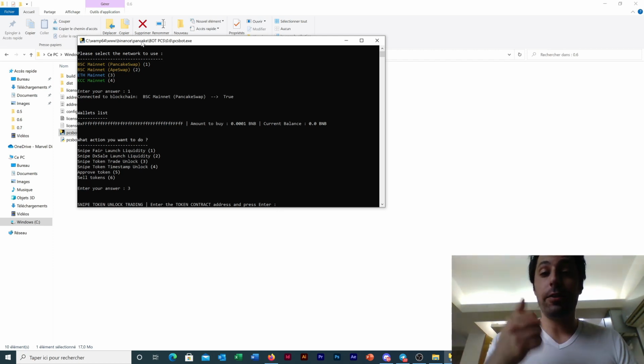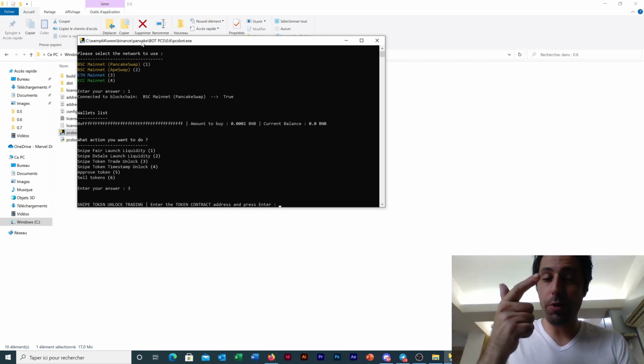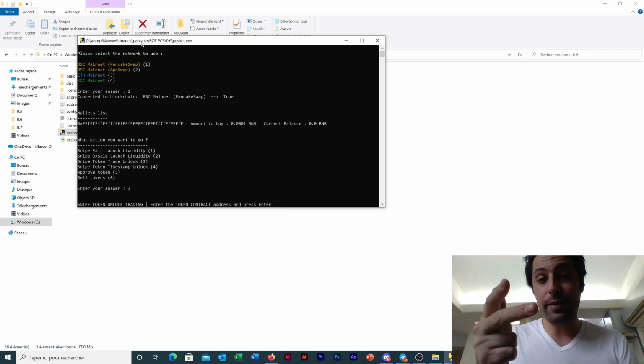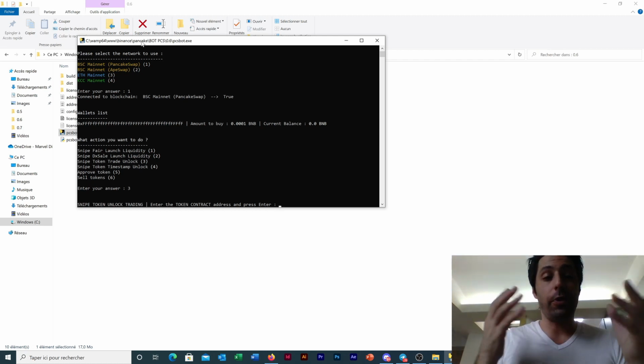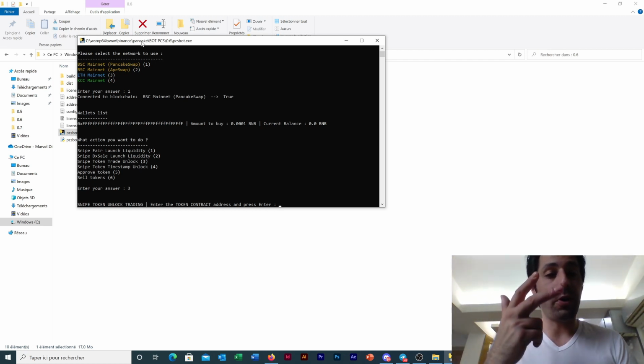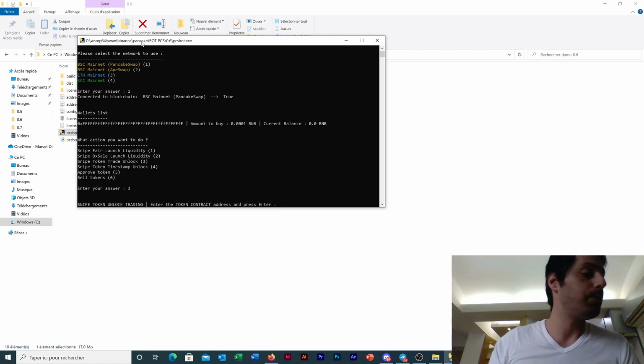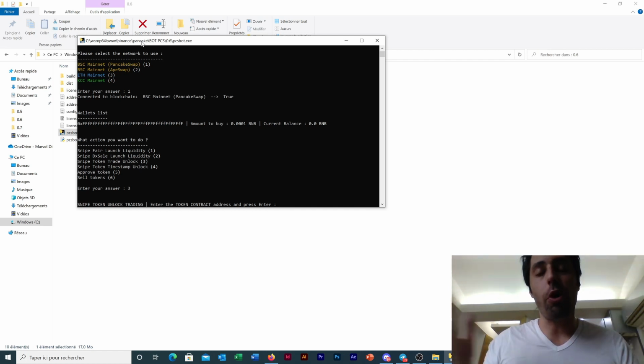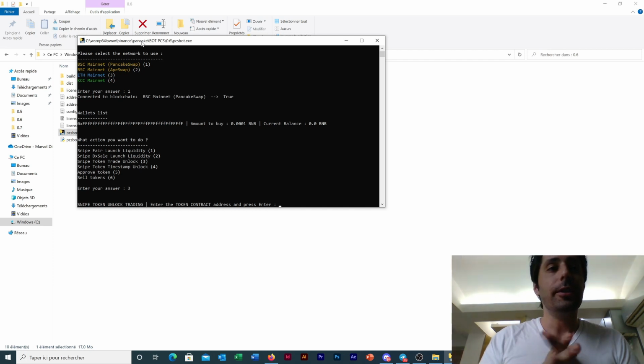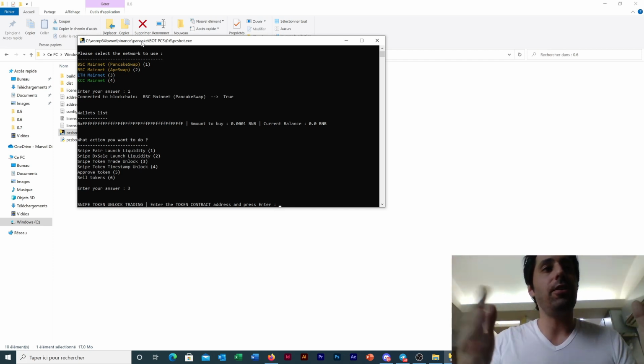So this token had 3 protections: a max TX amount, a function the developer has to call, and also a tax on the first blocks. Even with these 3 anti-bot features, we can still snipe this token with the Coyote Chain Sniper bot. Most tokens don't use all these anti-bot features. Most are using only 1 or 2, but never 3 or 4 or 5. So even if there are 10 anti-bot features, you can still snipe this token by using all these functions I just showed you.